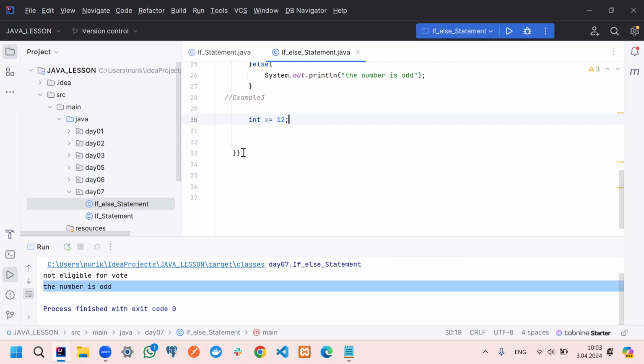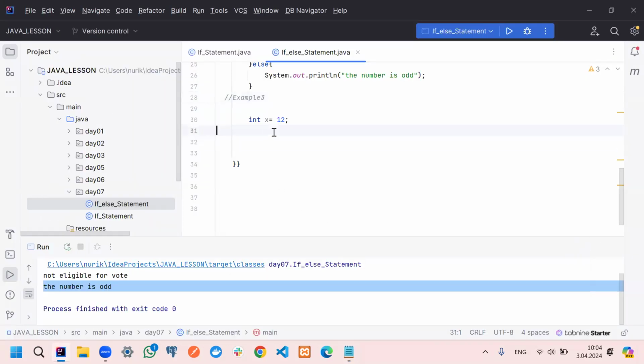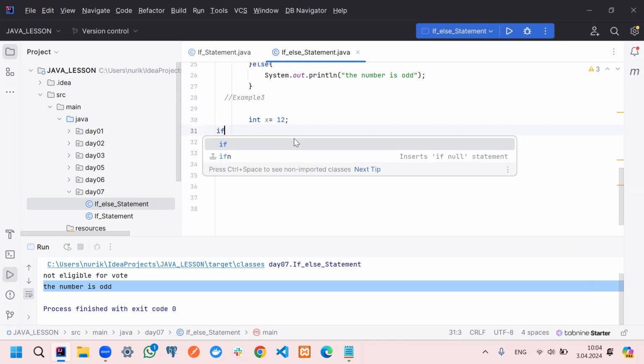If this number is greater than 0, we can say that this is positive, and less than or equal to 0, we can say that this is negative, and if it is equal to 0, we can say that this is equal to 0. And this is the third conditional statement. This is if else. Okay, we continue this if else here, and if